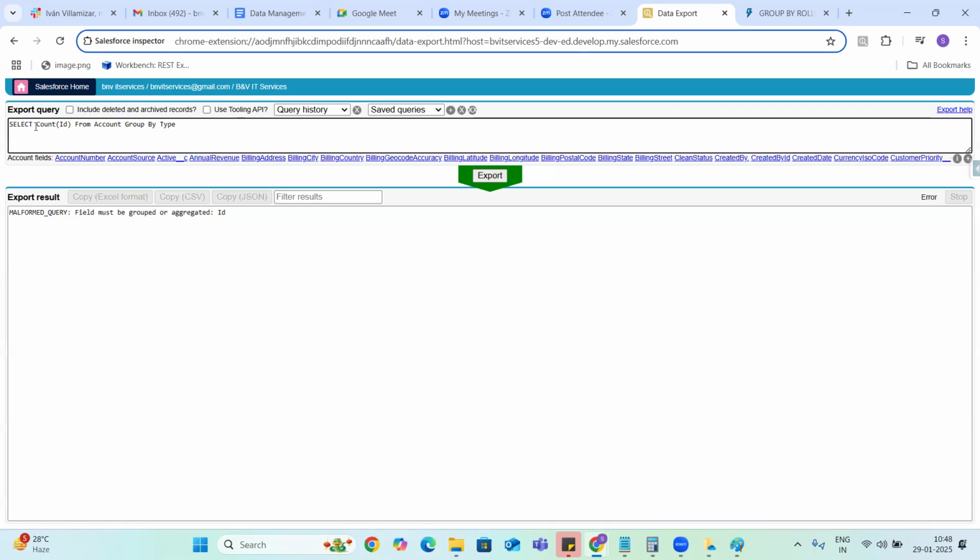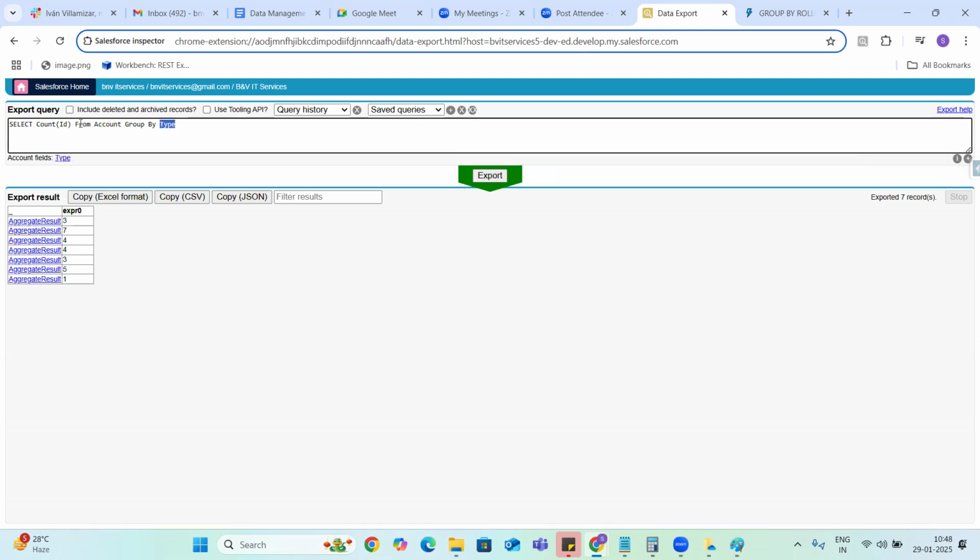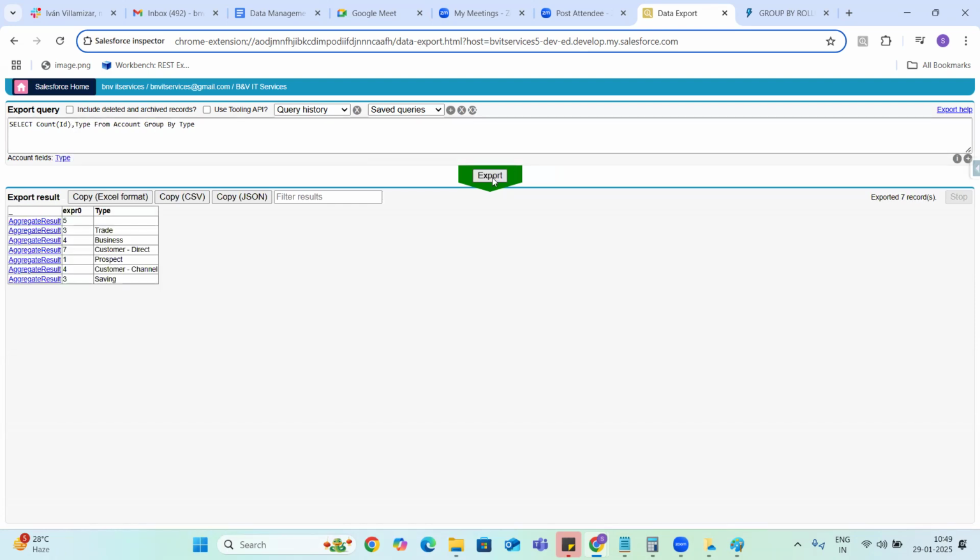Or else, if you would like to get the count of the records, then we use the count function and click on export. Whatever fields you are using in group by, you can query those fields also. You can't query other fields.